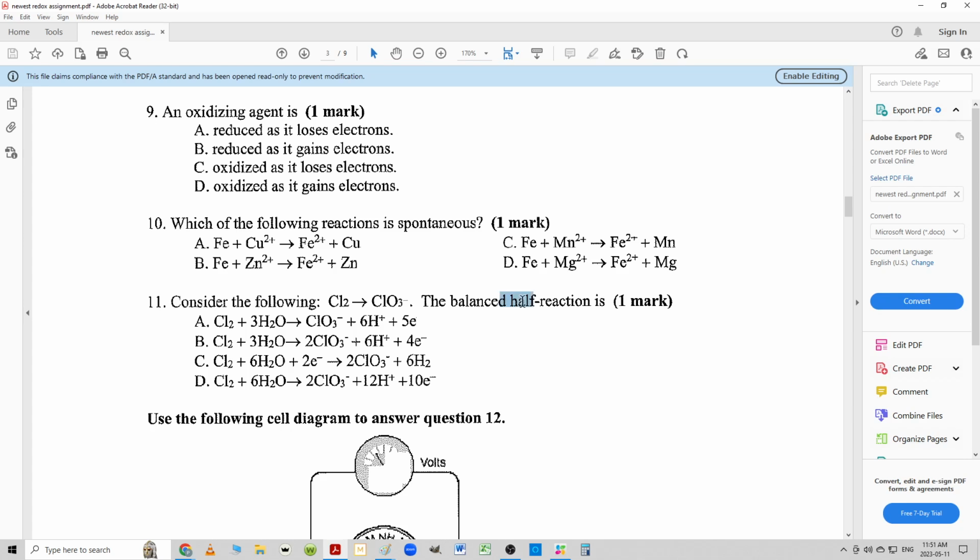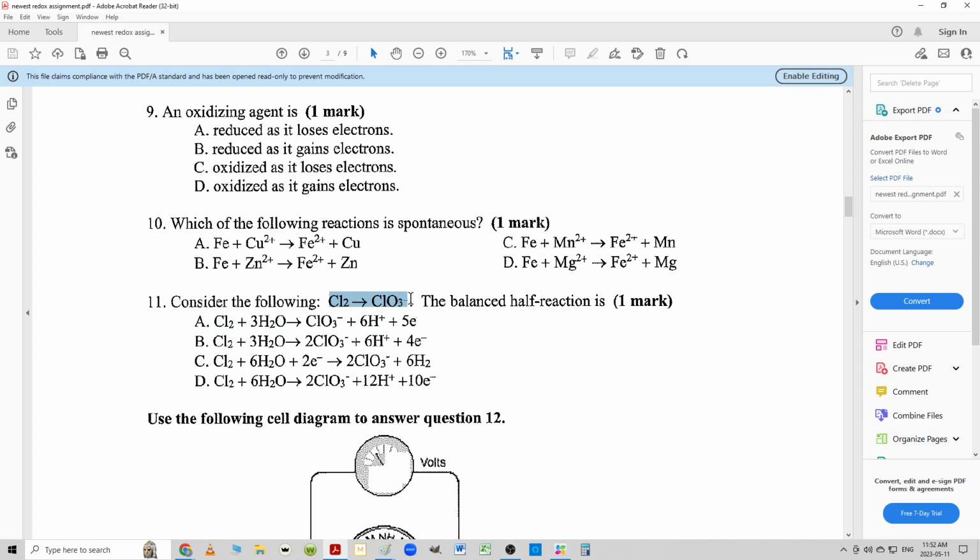Consider the following. To balance the half reaction, you have to balance the charges, figure out the oxidation numbers. Then you have to figure out which one is oxidized, which one's reduced. Then you have to separate them, just the reduced side of it, and figure out how many electrons are being exchanged. Then you have to do the oxidized side of it and figure out how many electrons are being exchanged. But then back to the reduction side, if there's any oxygen, for every oxygen you have to add a water to the other side of the equation,